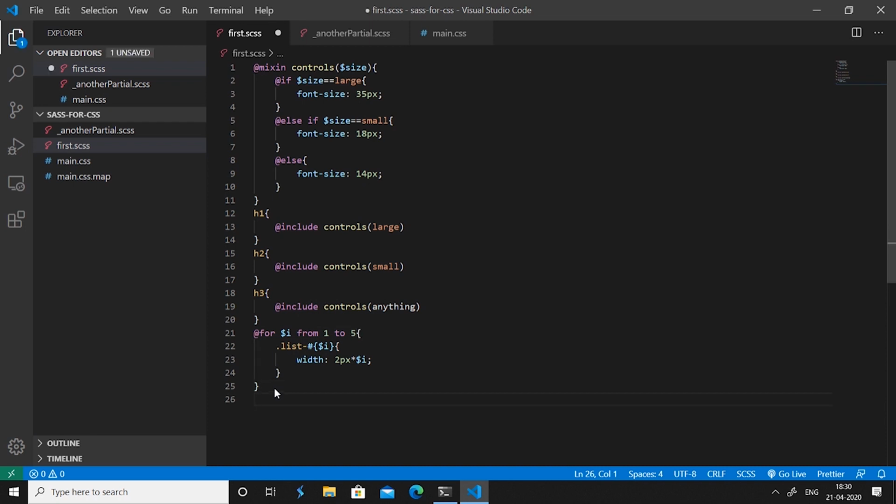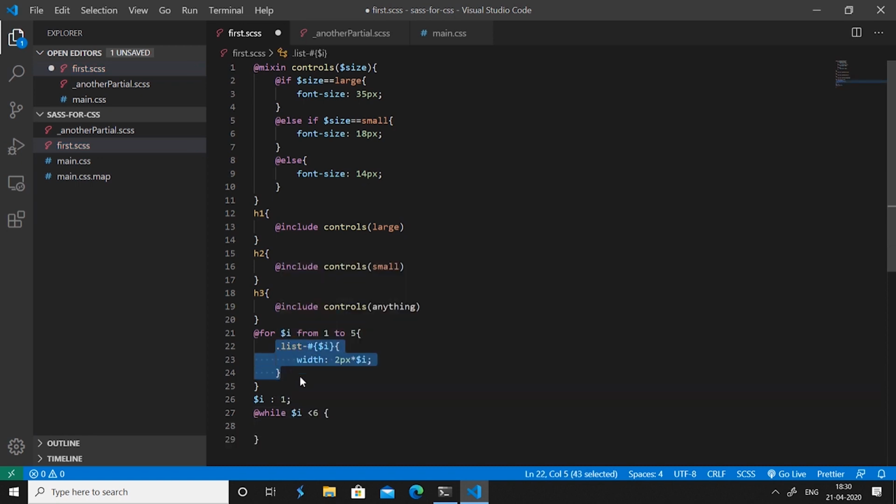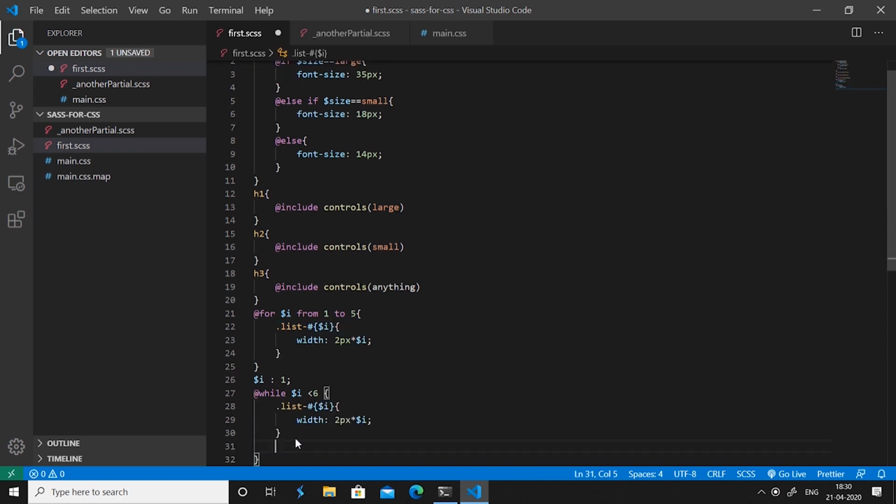Now let us understand the same loop with the while loop. For the while loop, let us first initialize our $i to 1 and then make a while loop, while $i is less than 6, and our list, let's just copy it. We want the same styling to be generated, and we also want our $i to increment after every loop.